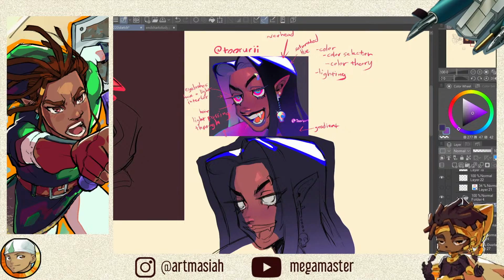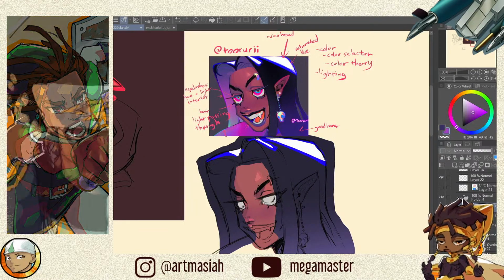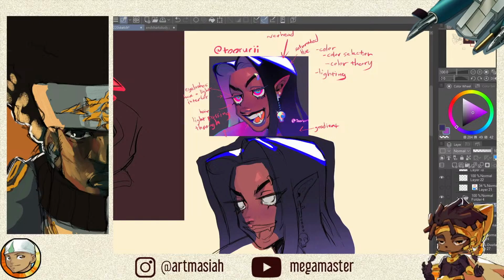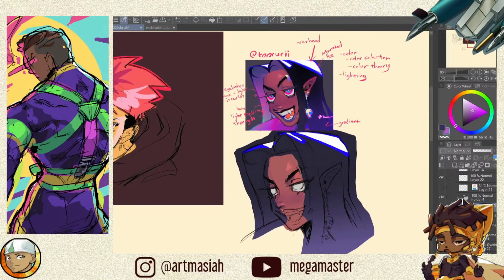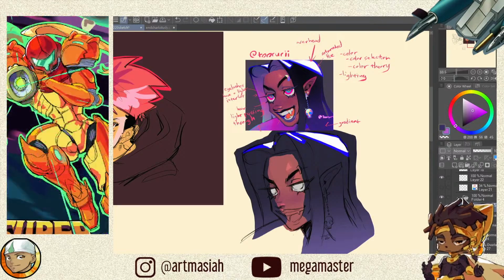A little bit pinker. A little bit pinker. Something like that. And we're going to come to our gradient. We're going to do some gradients now. So honestly, this is like a 3-step gradient, but we're going to see what we can do here. So we're going to select